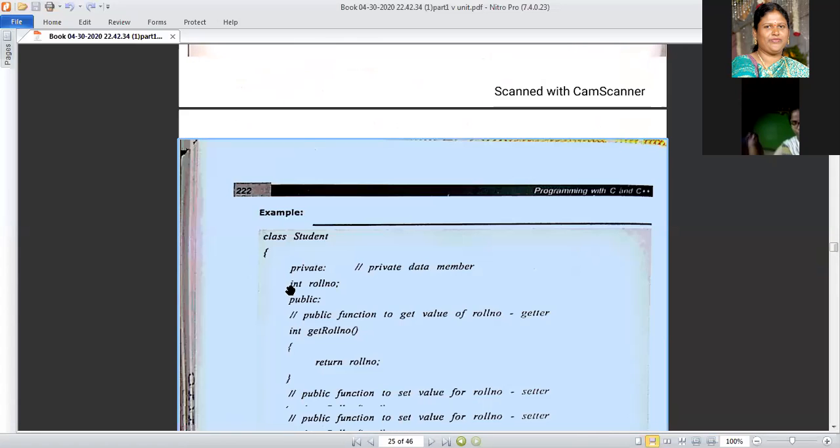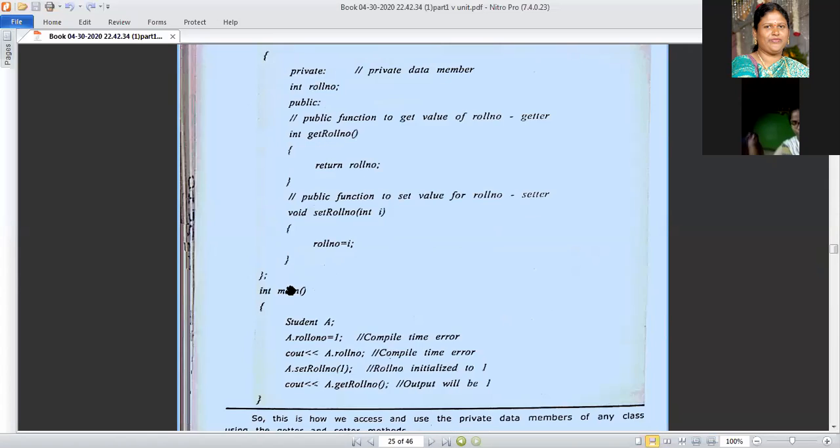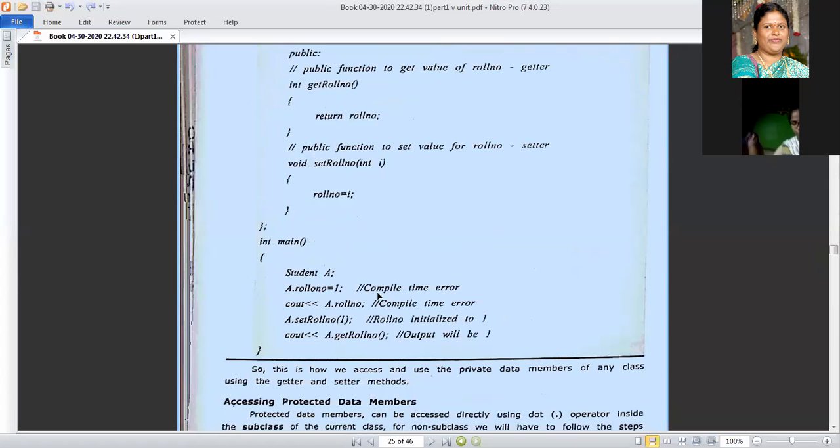Here if you say A dot roll number is equal to 1, why will the compilation error come? No answer from you? Don't know. Not getting the answer. Any other?